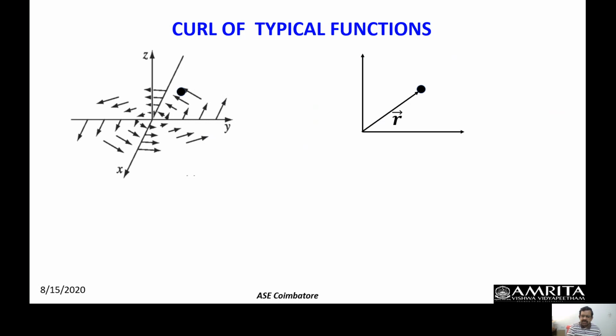Now, I do not want to take del cross r; rather, I want to take it with respect to the fluid flow. So I need to know the vector function at this point, that is, the fluid flow direction. You can see that at that point the fluid flow will be in the tangential direction, and the tangential direction is normal to this radial function, as shown here. It's a tangential function.